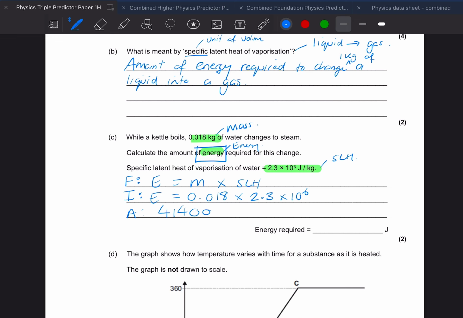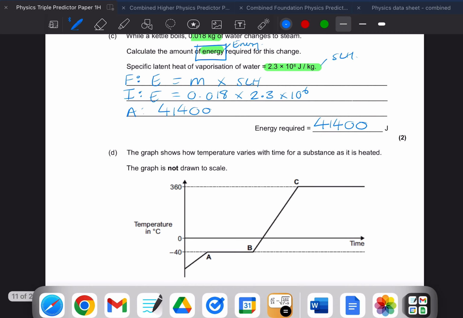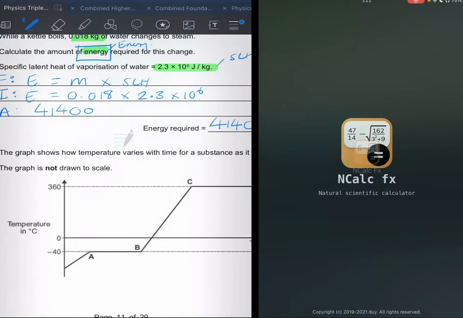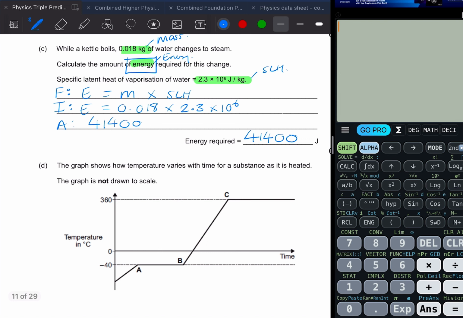I think we can just pop that straight into there. 41400 joules. Just check your sums one more time, especially when we've got that standard formula. It's just good practice to do. Let's take 0.018 times 2.3 times 10 to the power 6, 41400. Yeah, absolutely right. And there is nothing there saying that we need it to a certain number of significant figures,